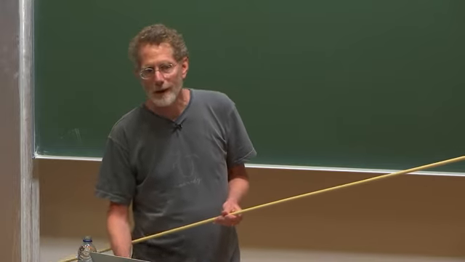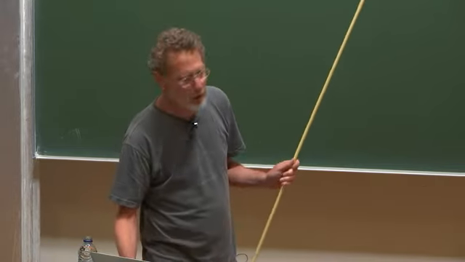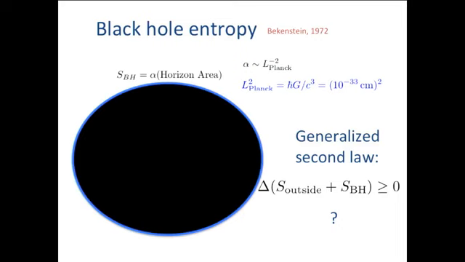Now, he might have thought it should be determined by the mass of the black hole, but that wouldn't be additive if you had, say, two black holes, whereas the surface areas would be additive. Also, he had the area theorem from Hawking, which was blatantly analogous to entropy. So he hypothesized that the black hole has an entropy proportional to its horizon area. The coefficient, he reasoned, should be 1 over Planck length squared times some numerical constant. The Planck length, in case you didn't know, is an incredibly small length, 10 to the minus 33 centimeters.